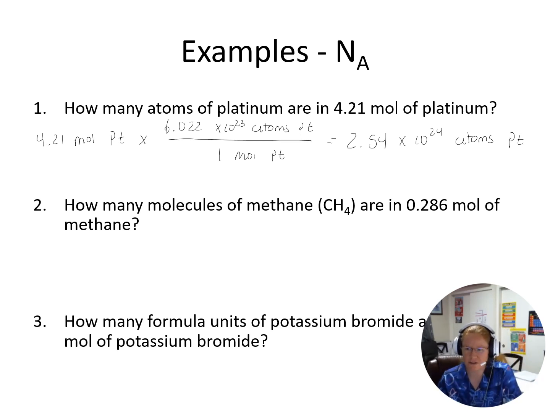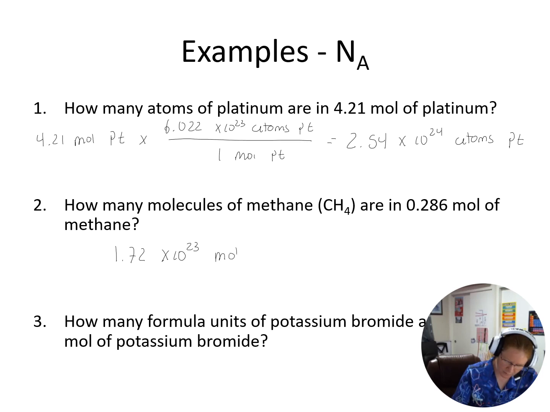Okay, so the next two go along the same line. So take a moment, practice these next two, and then unpause and I'll give you the final answer. All right, so let's see how you did. So for number 2, you should get 1.72 times 10 to the 23rd molecules of methane. And for the last one, you should get 3.0 times 10 to the 23rd formula units